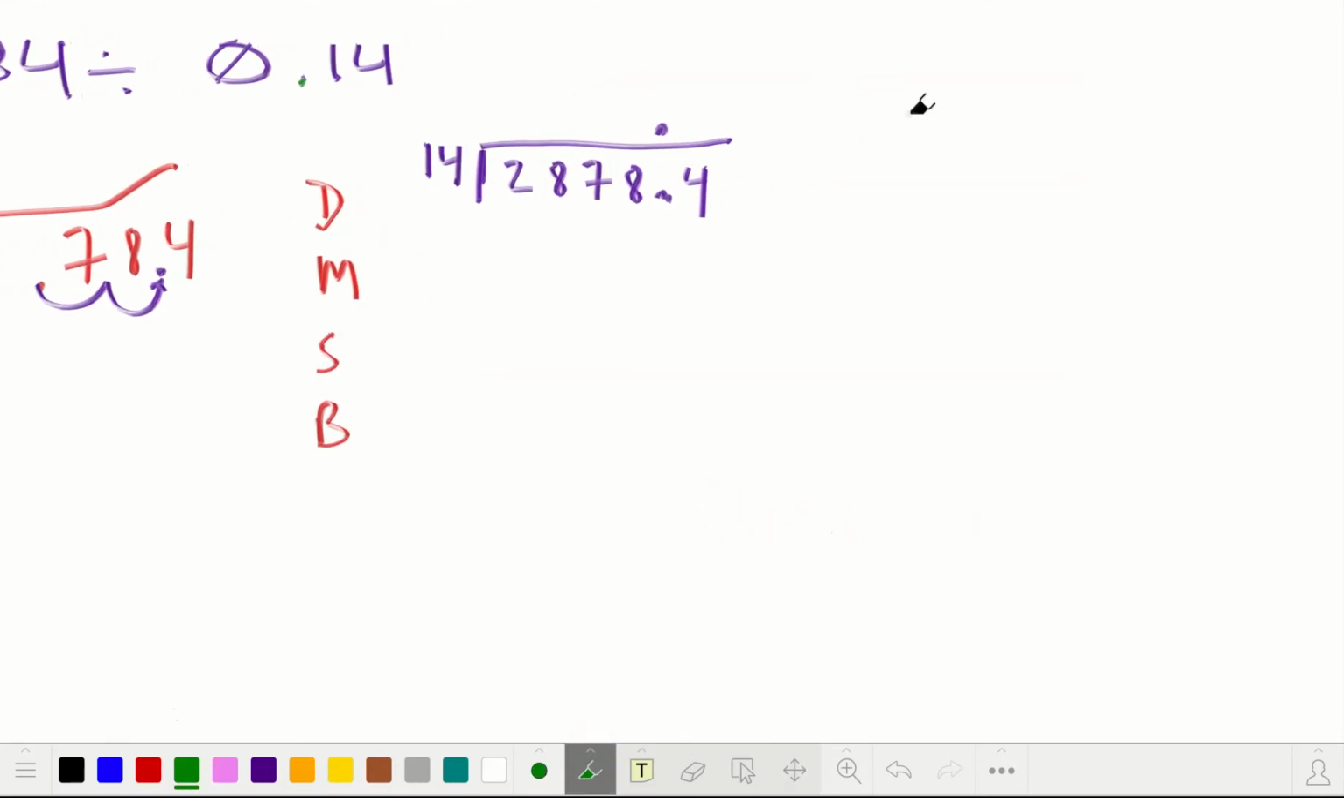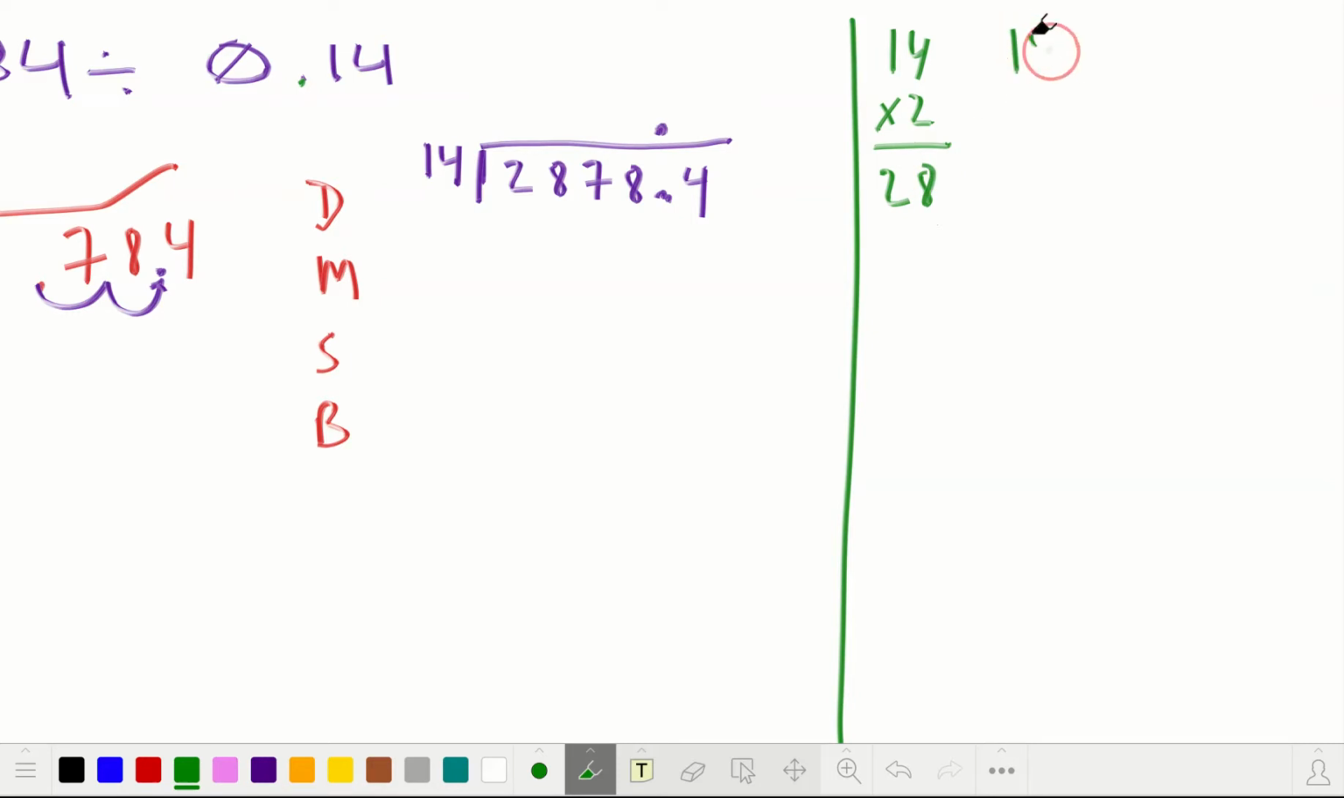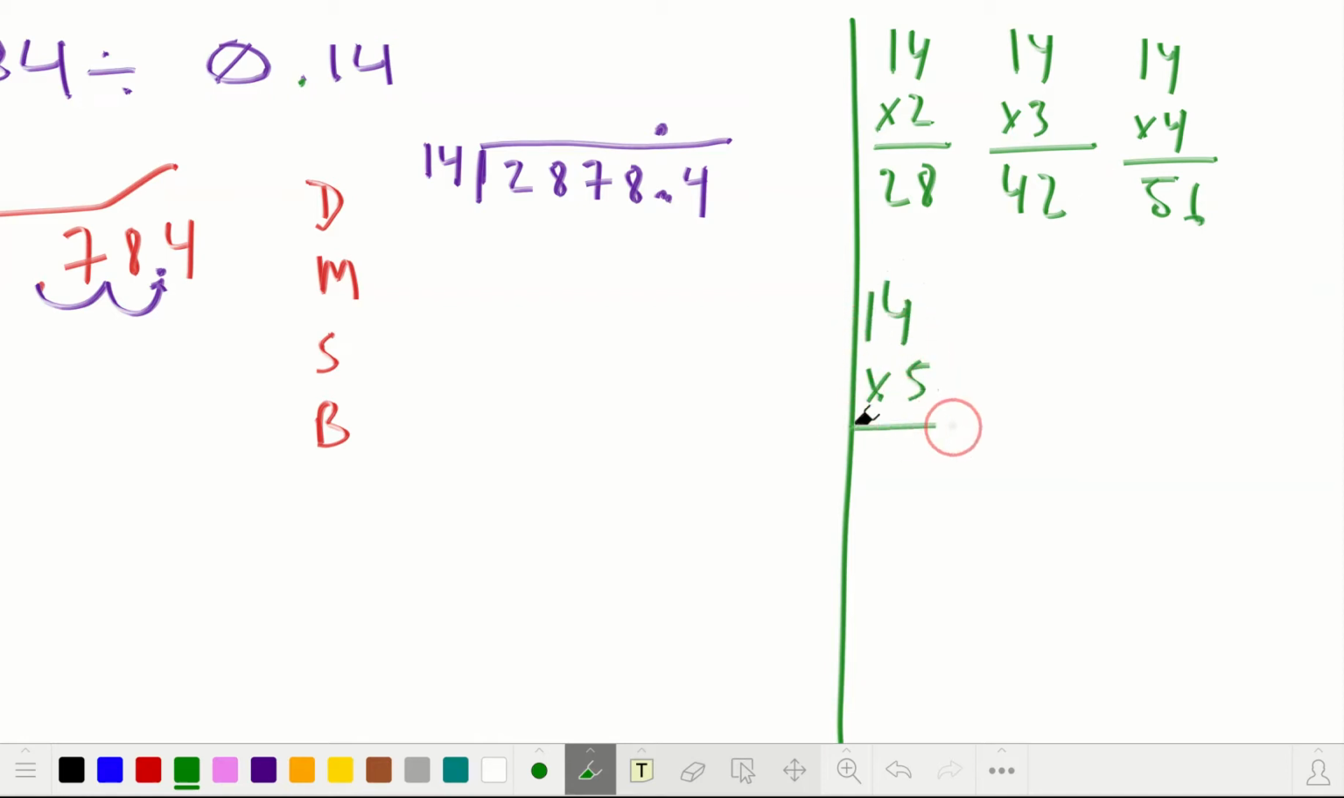And I got to say, I'm really proud of some of you guys for definitely taking the time to do this. You might notice that it takes a lot of time, but it's worth it in the end. So we have 14. I'm going to skip 14 times 1 because we know that's 14 already. I'm going to jump to 14 times 2, which is 28. 14 times 3, which is 42. 14 times 4, which is 56. 14 times 5, which is 70. 14 times 6, which is